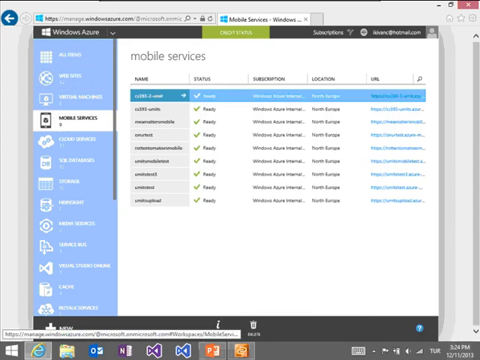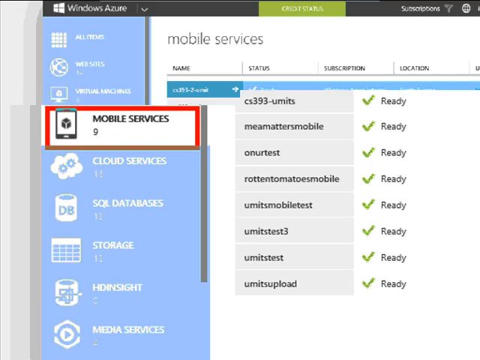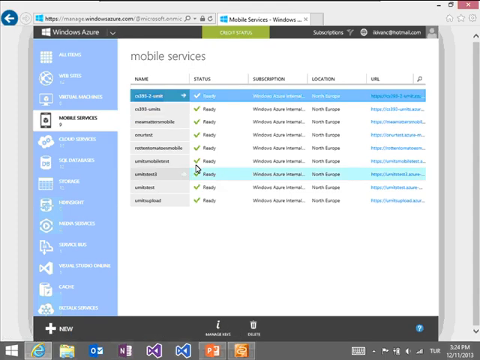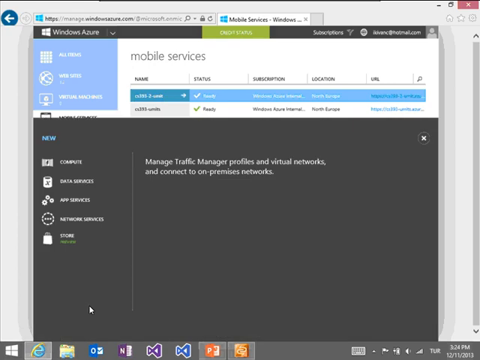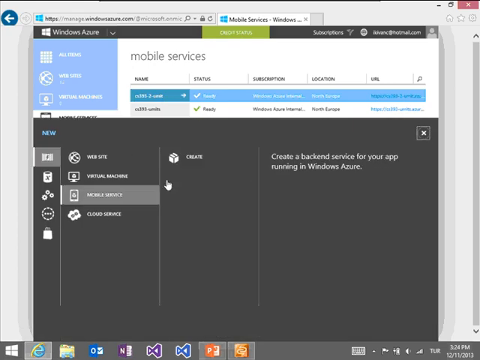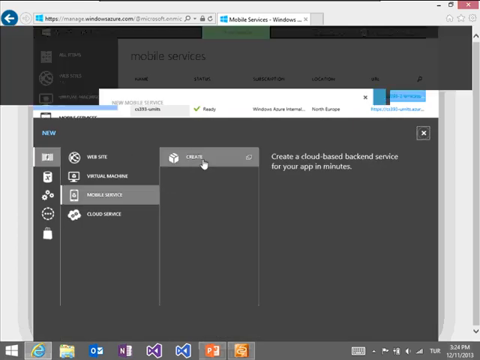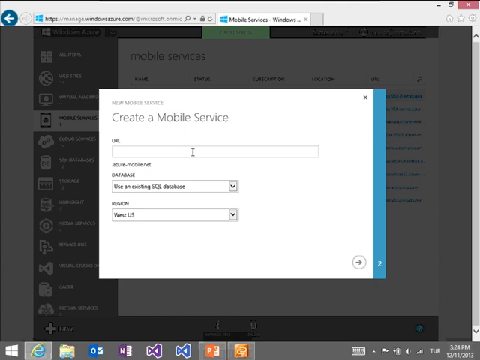to the mobile services, and then I will see what mobile services I have. Then after that, I will create a new mobile service. In order to do that, I will use the create new mobile service option from here, and then I will say create. It will ask me for the URL of my mobile service. Then I will say IQ launch, let's say